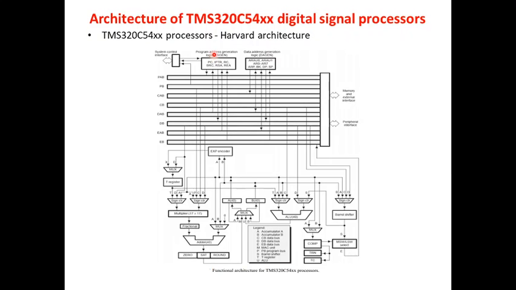So we can see here that this is a particular memory unit, and here also we have memory and external interfaces and peripheral interfaces, and this will be a part of your CPU where all the operations are being done, and data has to be moved from the memory onto the interfaces as well as to the CPU. So this movement of data is supported by a broad range of buses starting from PAB, PB, CAB, CB, DAB, DB, EAB and EB. So these are the set of buses that are available for fixed point processors.